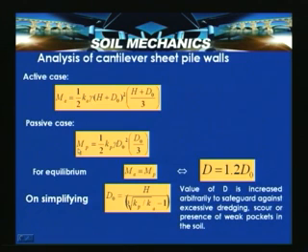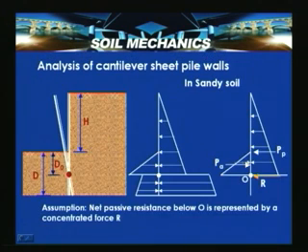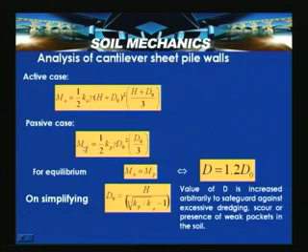Similarly, for the passive case, that is in front of the wall, this portion, PP into D naught by 3. So, MP is equal to half Kp into gamma D naught square into D naught by 3. MP is equal to half Kp into gamma D naught square into D naught by 3. So, for equilibrium conditions, MA is equal to MP, that is, the moment about that point O has to be 0. By equating the moment caused by the active pressure and the moment caused by the passive pressure and simplifying,